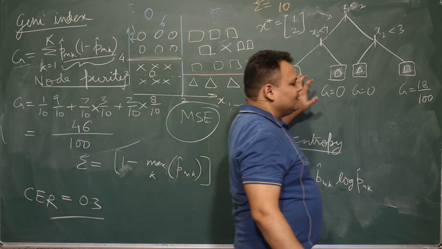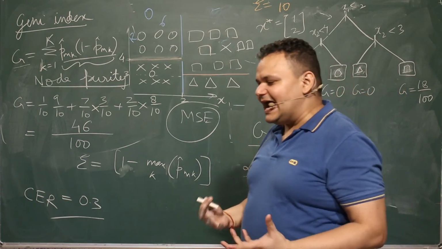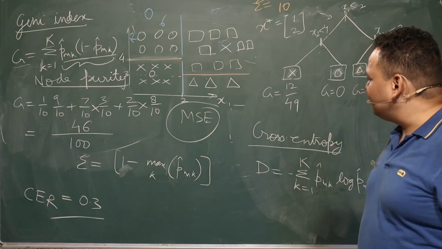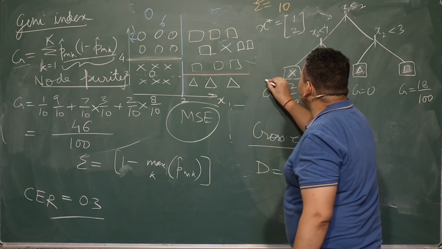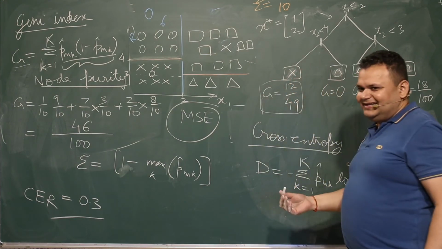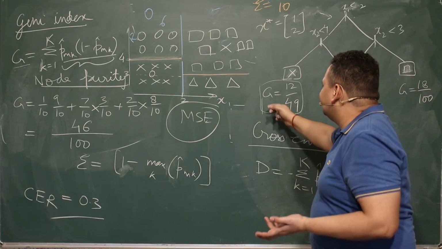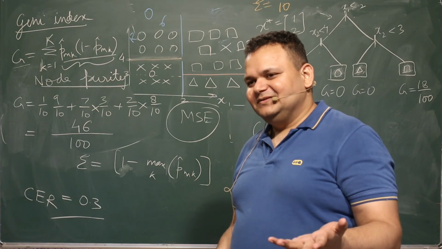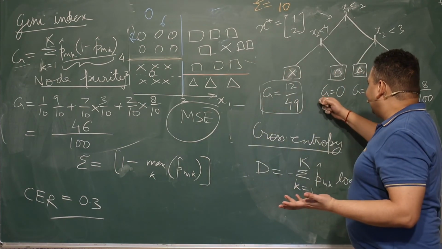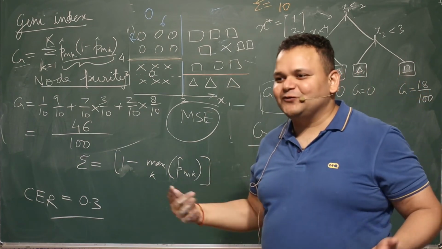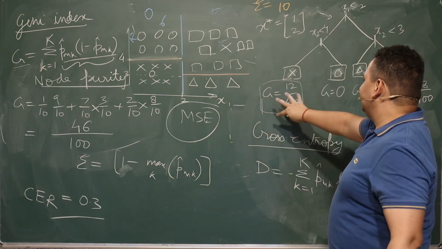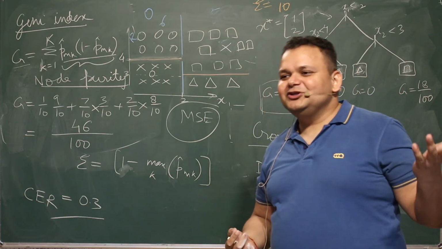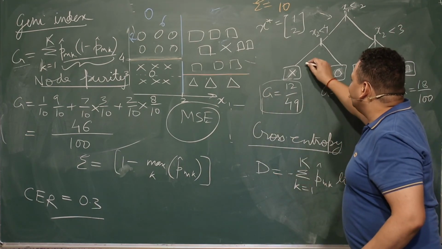Our prediction has been made, but what is my degree of confidence in that prediction? What can you say? It is going to be inversely proportional to the Gini index value. Yes. The higher the Gini value, the lower is my confidence in that prediction. Do you all agree? And the lower the value of G, I have lots and lots of confidence in that prediction. So you can think of it that the Gini index is inversely proportional to the degree of confidence in the prediction that you have for a particular node.